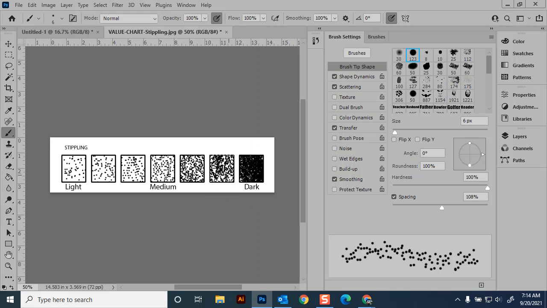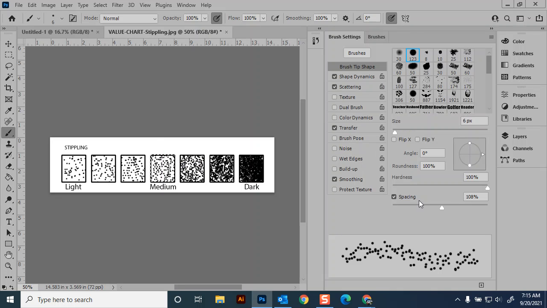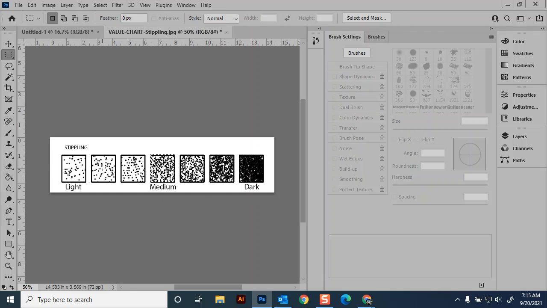because I want to have a little bit more density in some of these areas. Not quite as dense as this, but I'm just kind of going through and rebalancing until I feel like my chart is what I want it to be. So I'll do B for brush again, adjust the spacing. Good. Alright, and I'm really just looking to have more density in the darker areas, less density in the lighter